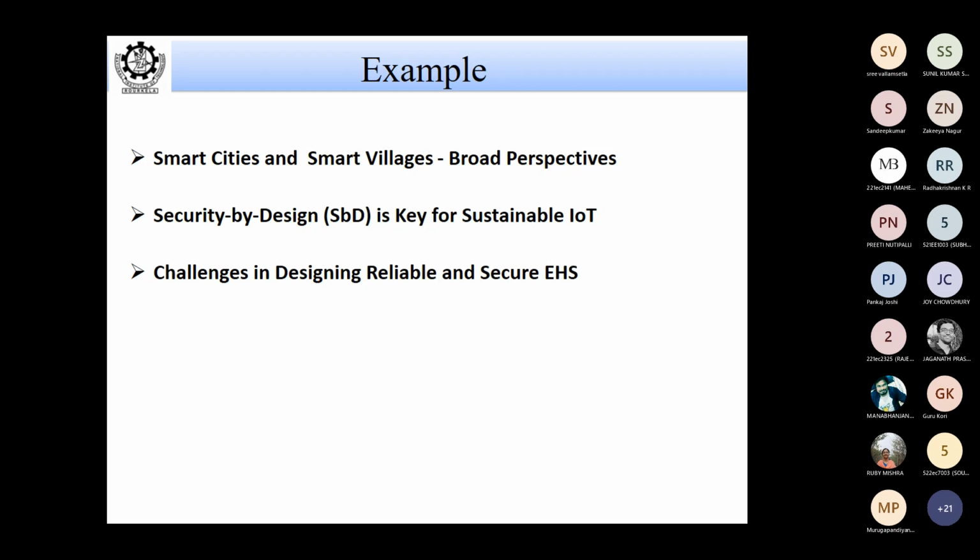Anyway, we looked at smart cities and smart villages from a broad perspective. Again, I'm repeating, smart city and smart village, because for our country we want to build smart cities, but at the same time we also need smart villages. And security by design is the key for sustainable IoT. And what are the issues? Particularly, we said that we need reliable and secure EHS. EHS, if I expand, is the energy harvesting system, because that is the power